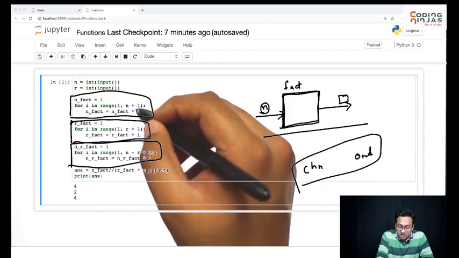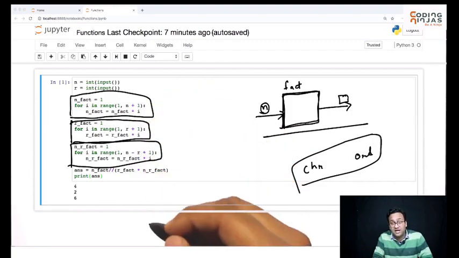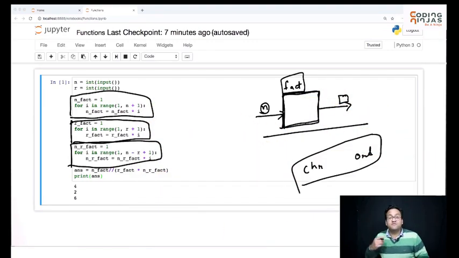So if I need a factorial of 3 numbers, I don't have to repeat the code. I just ask this box, hey, give me the factorial for 4, hey, give me the factorial for 2, hey, give me the factorial for 3, and it will do the calculation and give me the result. And I don't have to repeat the code again and again. Okay, that's what we need functions for.